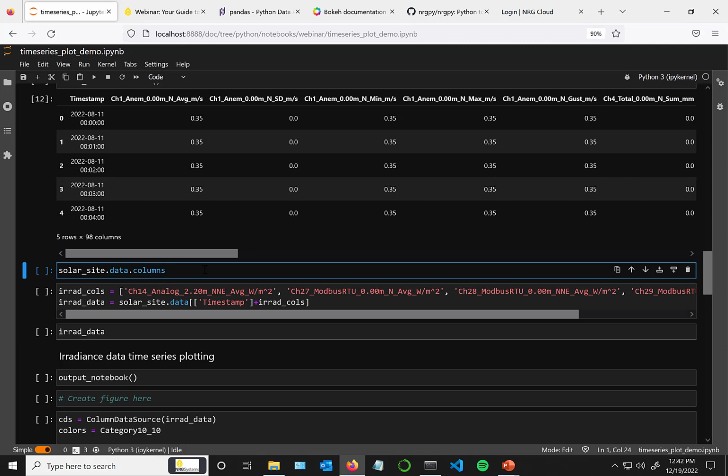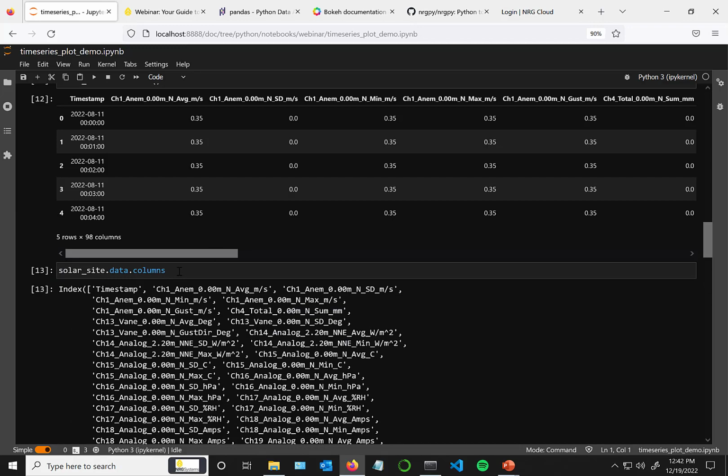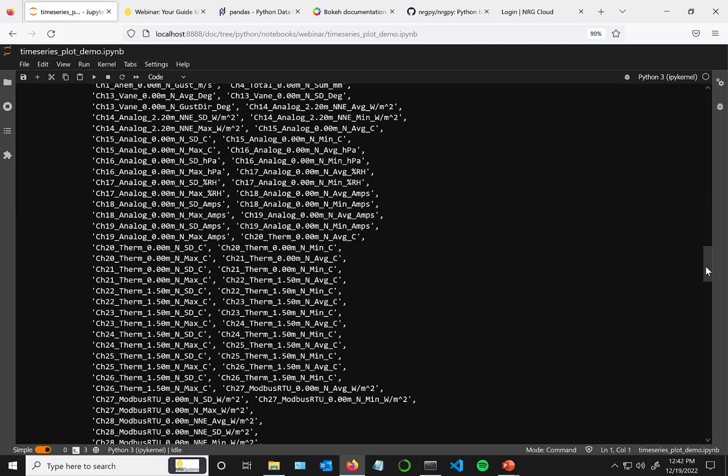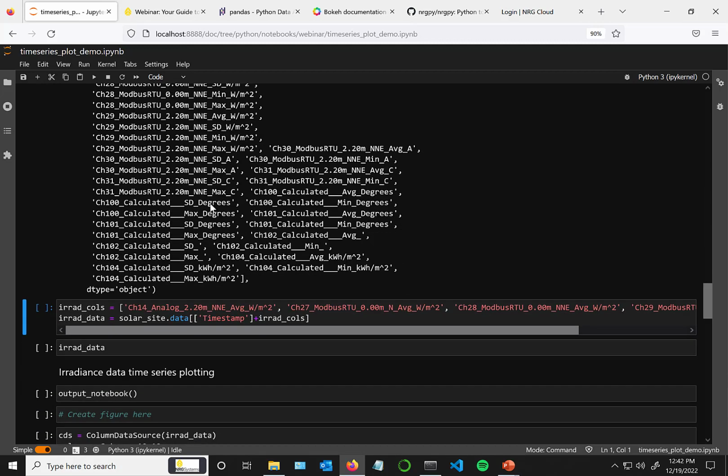So I'll just show that approach here. You can do solarsite.data.columns, and again, columns is a pandas attribute of the data frame, and shows me all my column names. And then from here I can just grab the exact column names that I'm interested in, and I have this list of column names called irrad columns where I've pasted those names in, and then I can create this data frame that I'm calling irrad data,